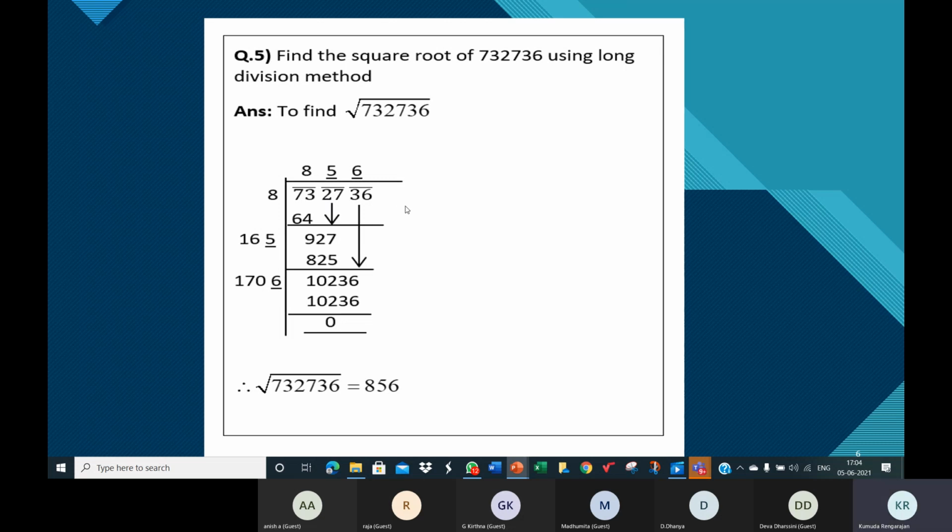Next, what should we do next? After placing the number like this, what next? Ma'am, we have to take divisibility for the first 2 numbers, ma'am. No. What is the first step? After placing the numbers like this, what is the first step? Ma'am, we should pair it up from backwards. From behind, yeah. You must group the digits of the number from behind.